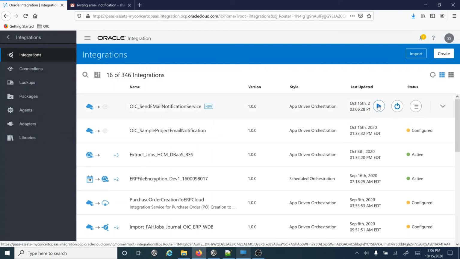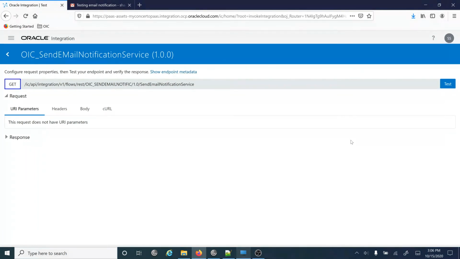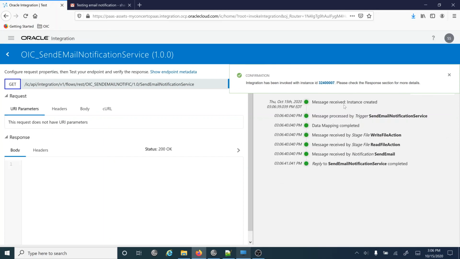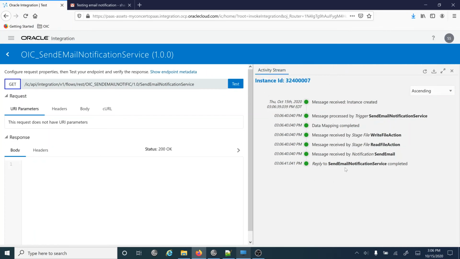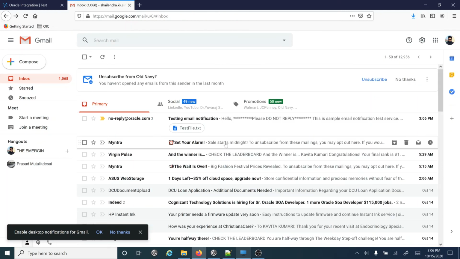Click on the run button, click on the test button, and see the sessions whether all steps or actions which I have configured are completed successfully or not. Here if you see the steps, all are completed, it means there should be an email notification with the attachment. So I will show you whether I have received it or not.